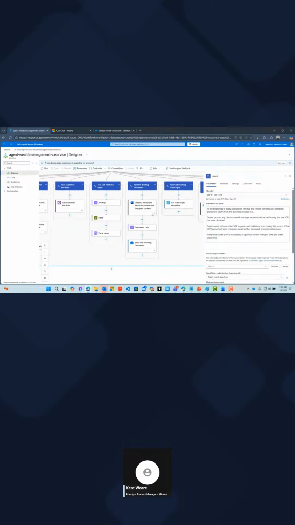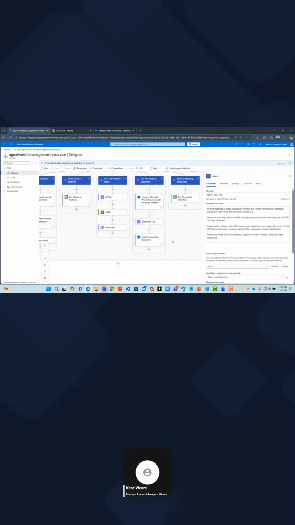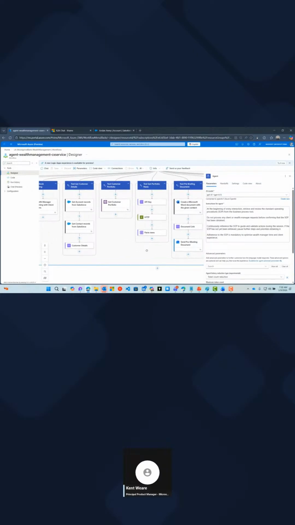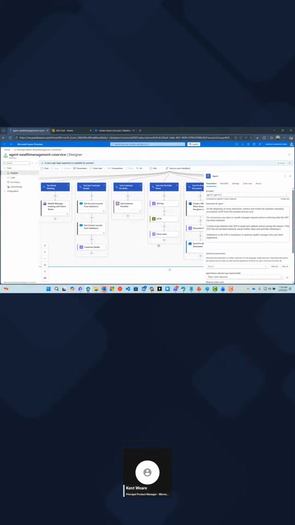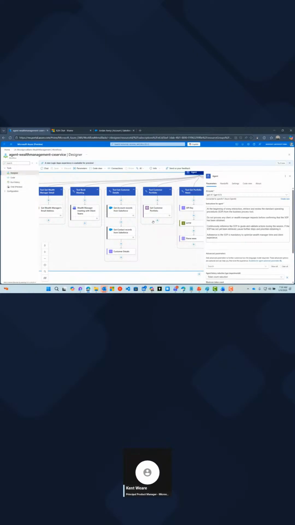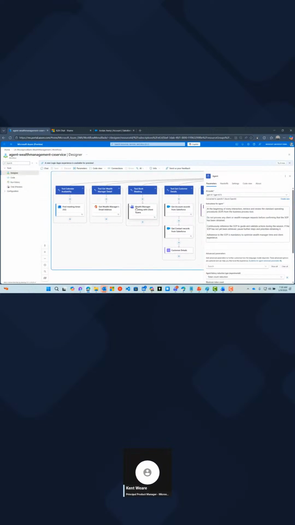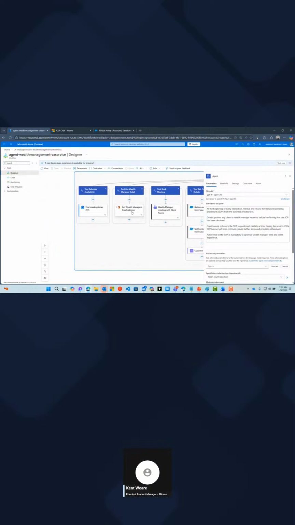We can generate a Word document, that pre-briefing document, and send out a link to our wealth manager with the document. We can get news. In this case, we're querying the Google search API, and we're going to parse news and make that available. We're going to get customer portfolio information. We'll get customer details, both account and contact information. We'll book a meeting with Teams. We'll get the wealth manager's email address, and we'll also find meeting times.